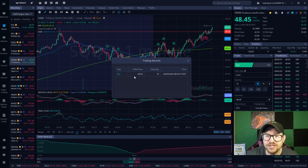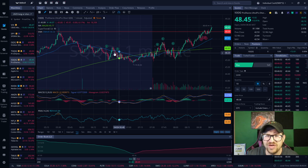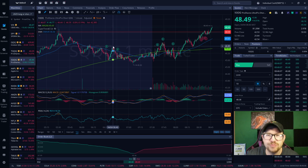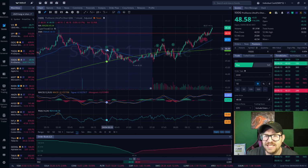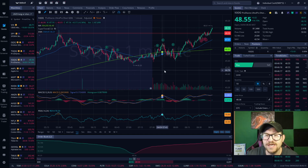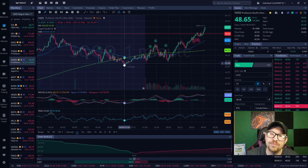I then bought another 10 shares at 46.02. I thought $46 was a really great price point at about 8:45. So waited about 15 minutes to validate and confirm this push up and back down to this moving average. Once it validated that, we had 20 shares at about 46.10, 46.15, something like that. Came all the way down to 45.33, and I thought, okay, well, maybe this is going